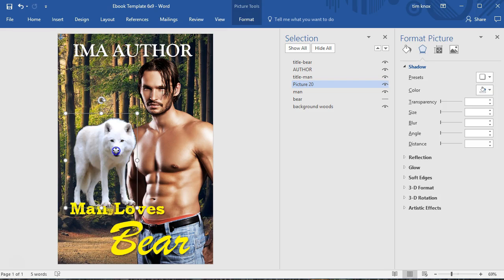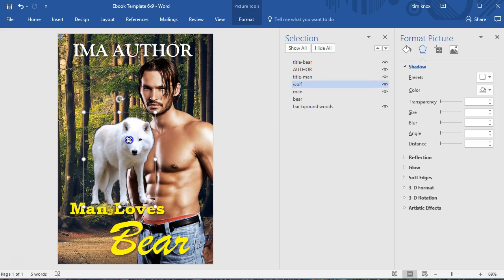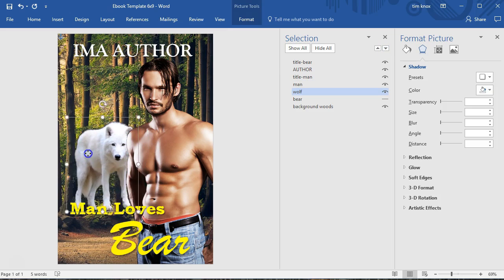And you'll notice that our wolf is called Picture 20. We're going to call him Wolf. And he is in front of the man. Now remember, when you use the selection pane, I can click on my wolf layer or my man layer. I'll click on the wolf and I will just send him back. And you may have to click it several times depending on where the man is,